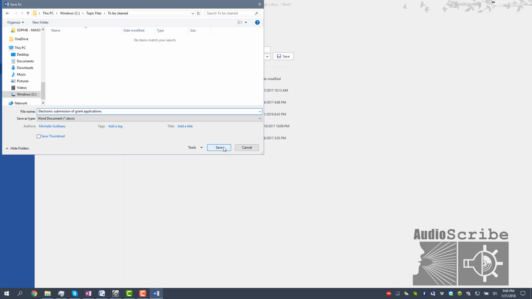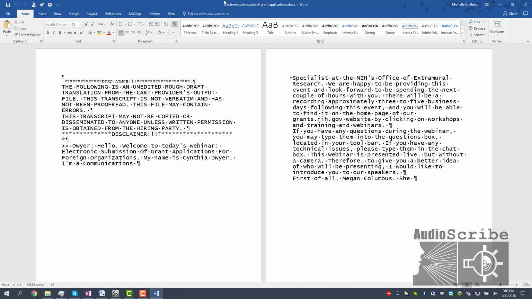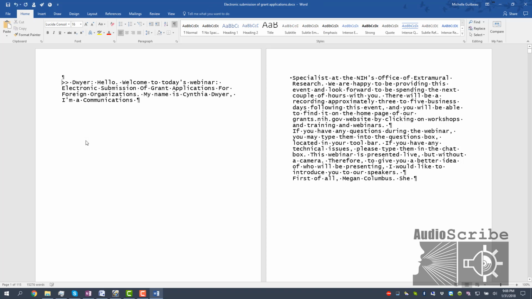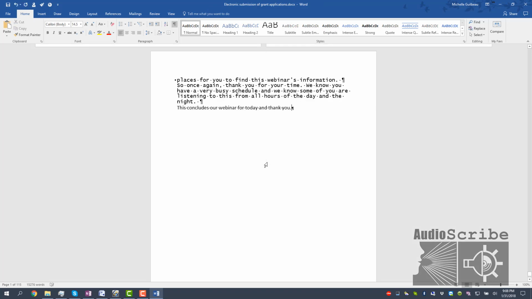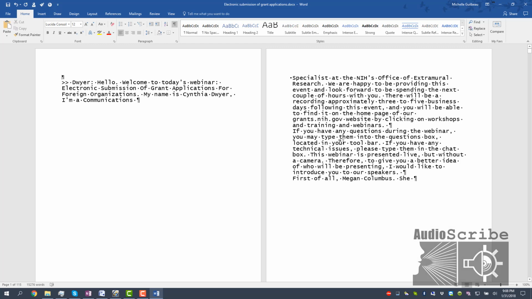Okay, and I'm going to do Save. Now, the name has changed, so I can work within this document. I will delete everything before the document and everything at the end of the document. There is no disclaimer at the end, so I'm going to press Control Home and get to the top of